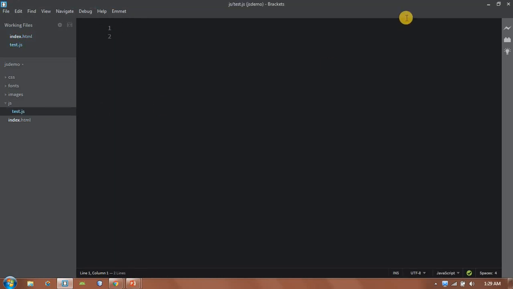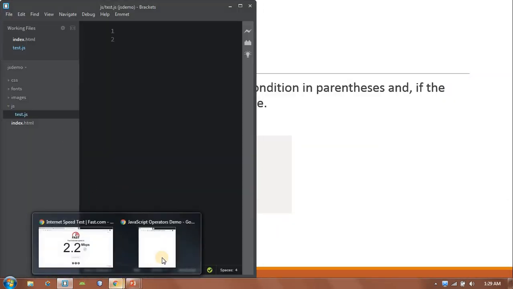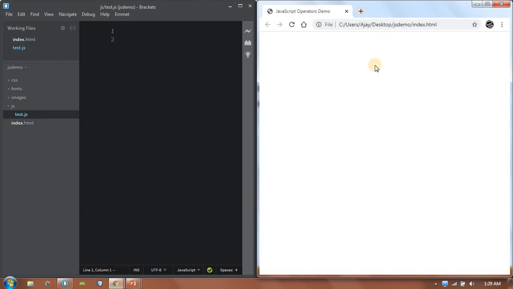Now we will write our code here and view the results here. So let's say let marks is equal to 50. We have created one variable named marks, and assigned the value 50 to it.